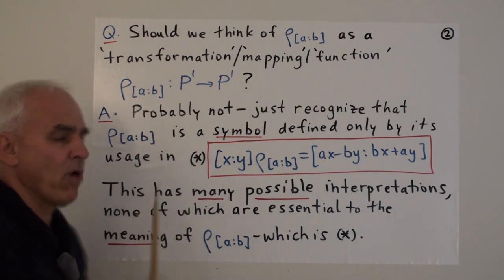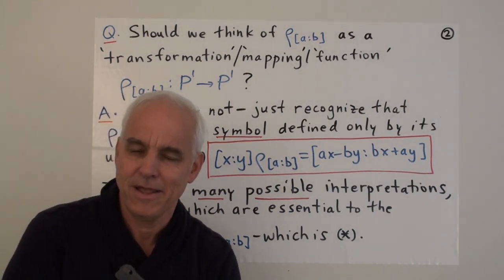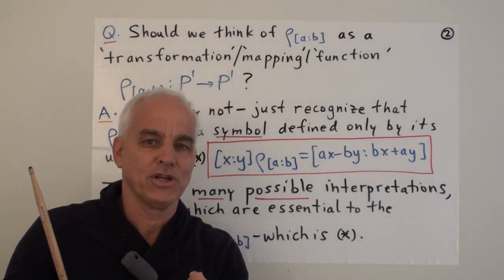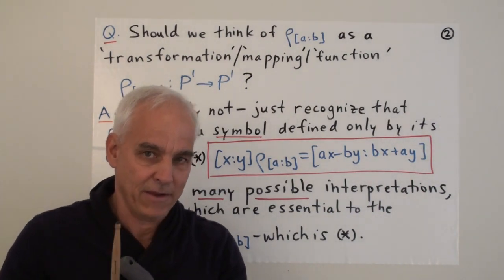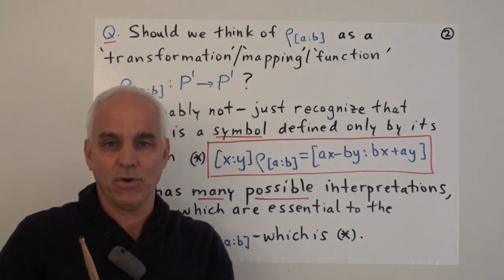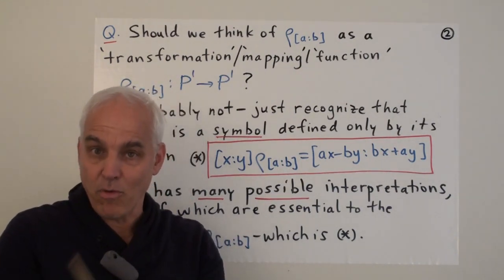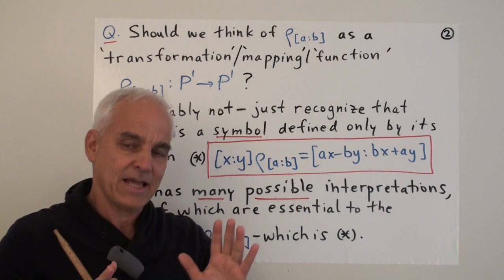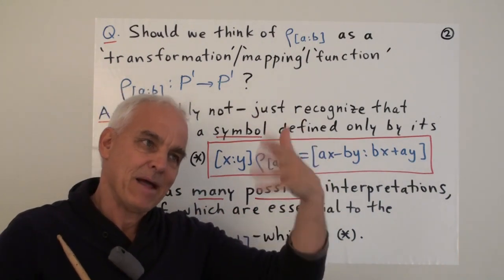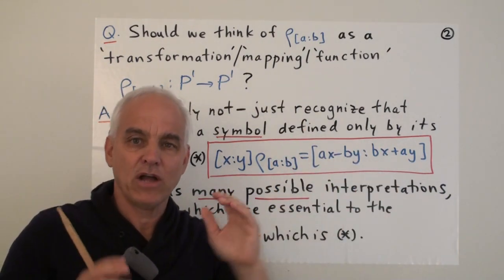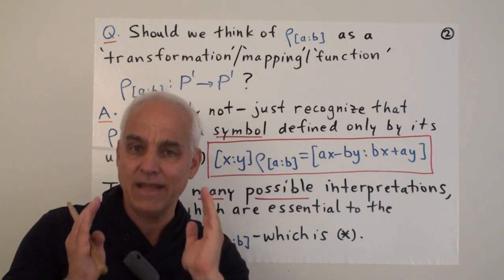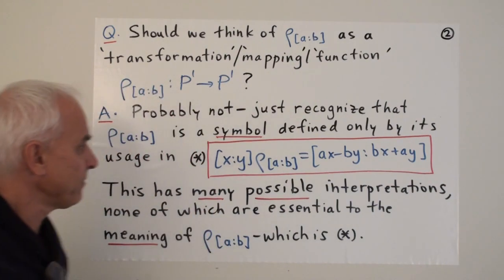So is that the way that we should want to think about this symbol? The answer is probably not. I don't really want to encourage you to think about things this way. There is a possibility of doing that, and we will do this informally as well. But you should recognize that that's only a possible way of thinking. It's not really inherent in the actual nature of the object.